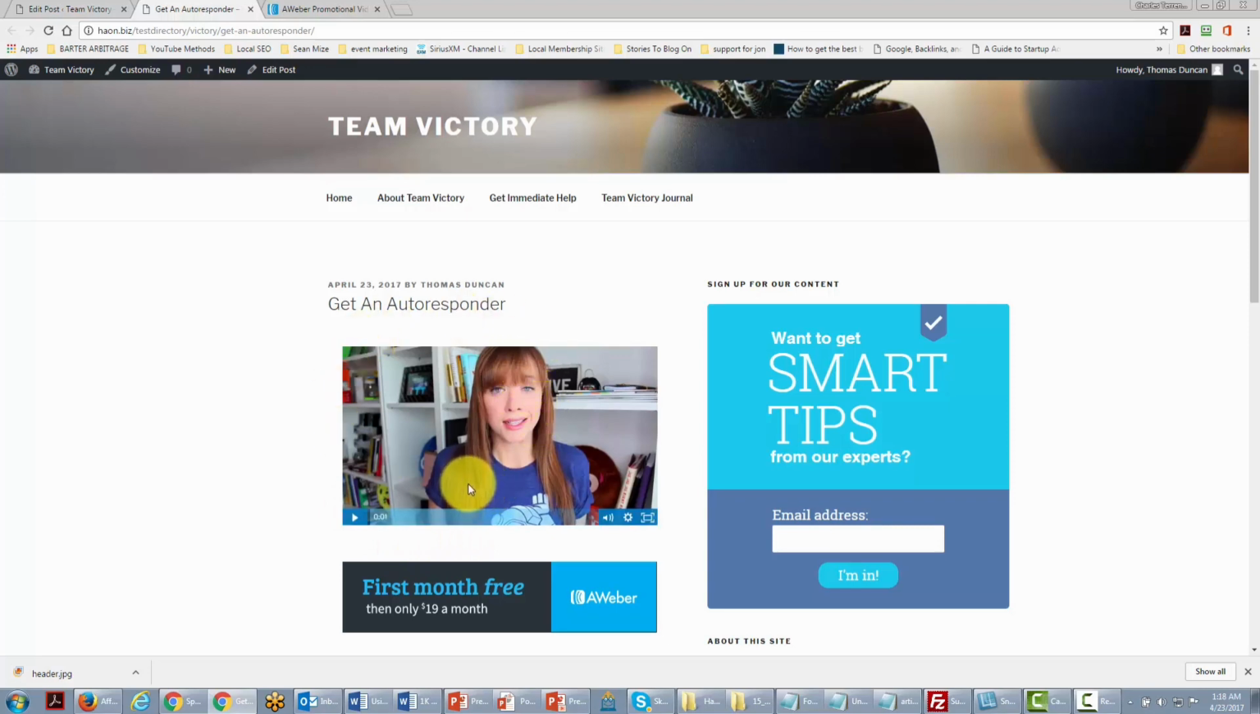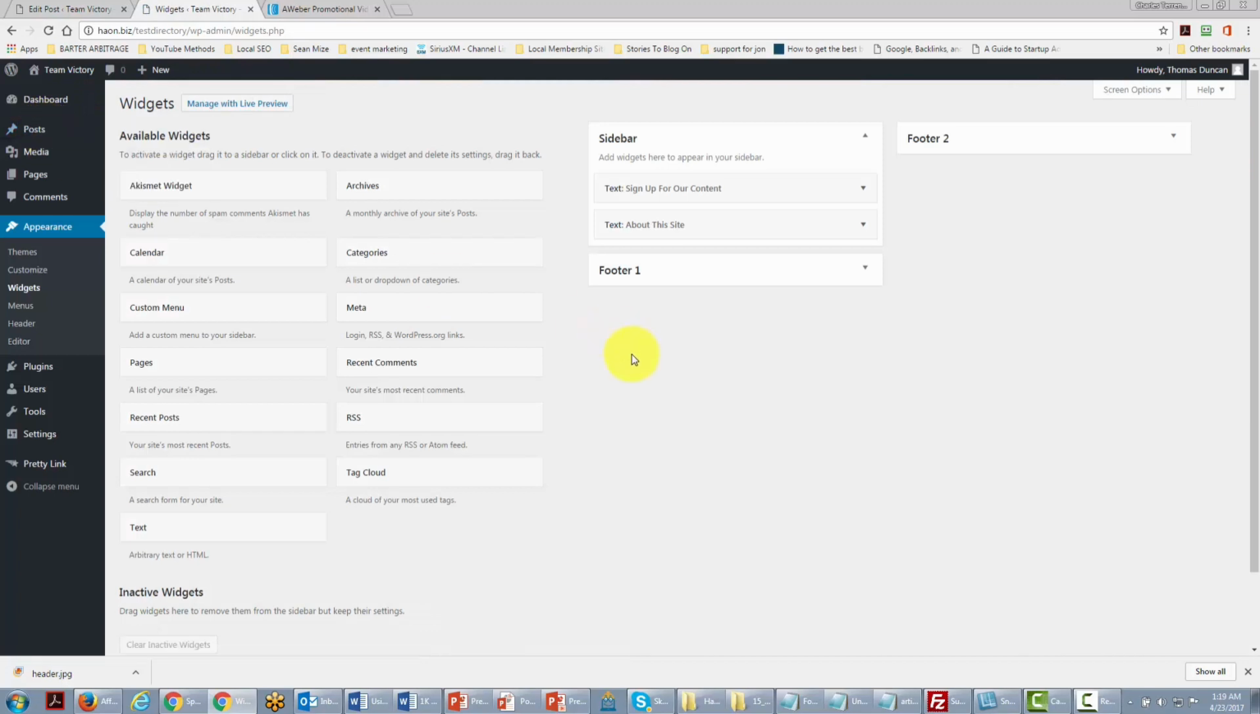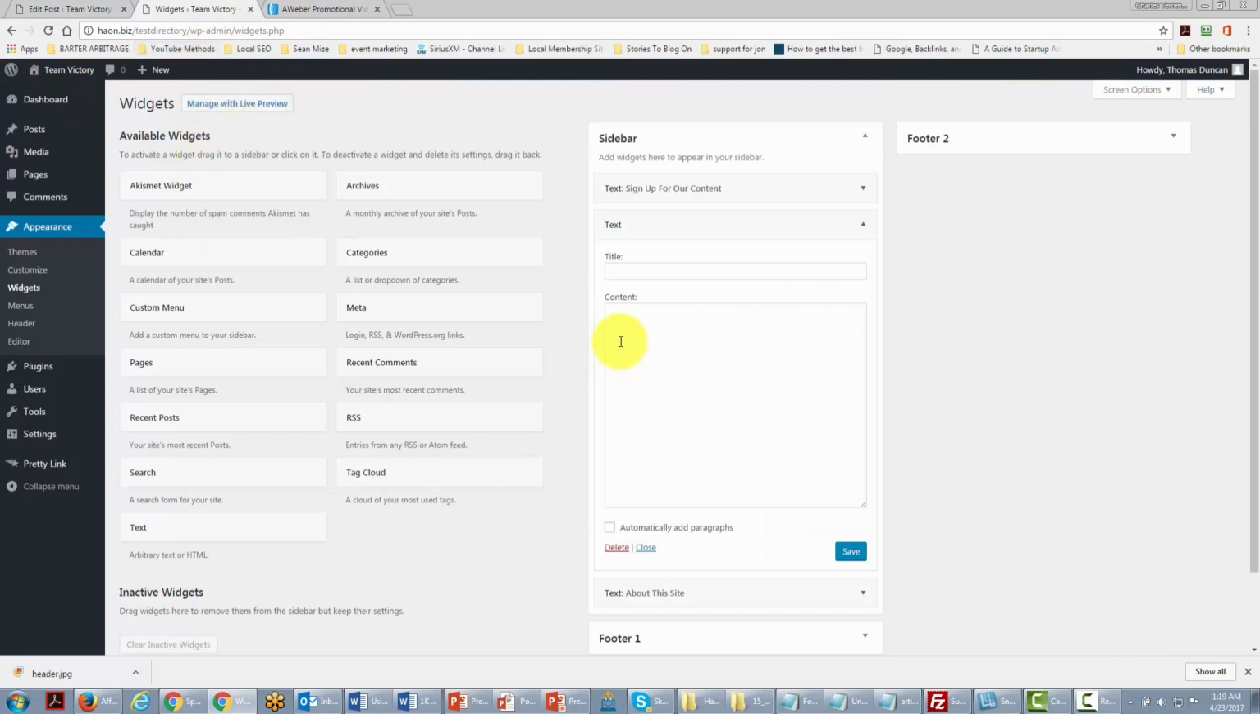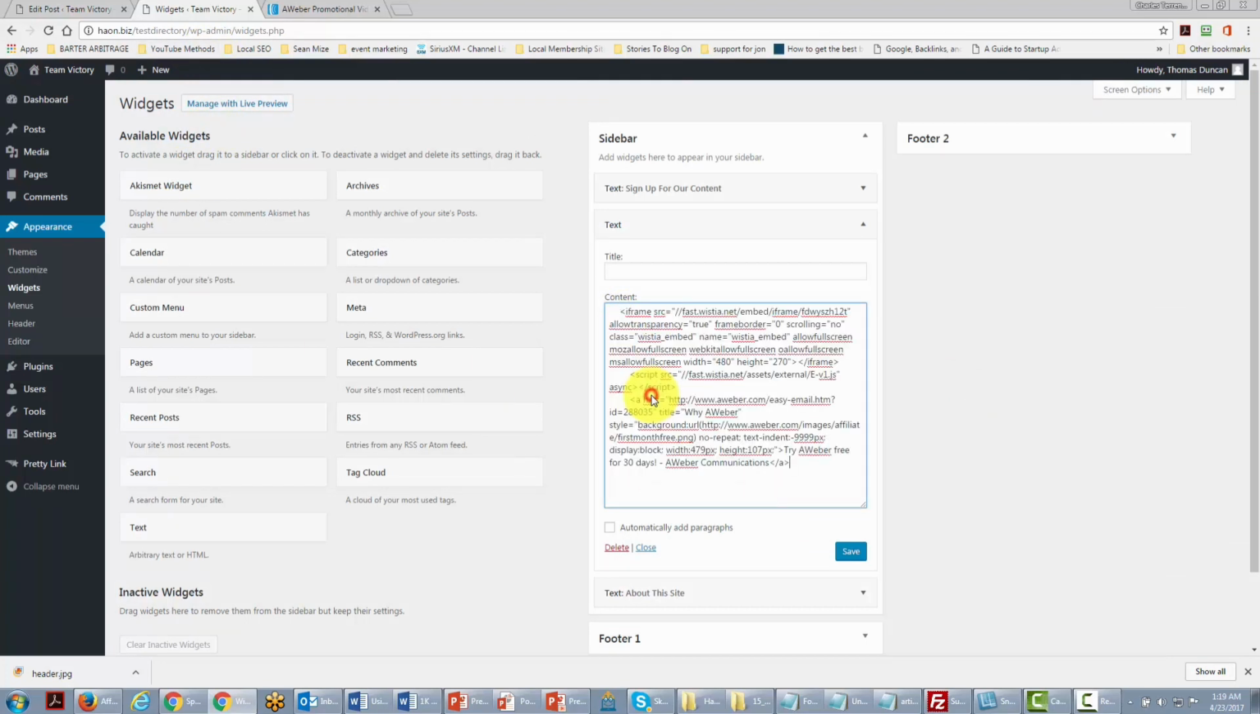Now, one of the other things that we can do is the very same thing that we did with our autoresponder code: we can put code in our widgets so that it will appear on all of our pages. So in order to do that, all we need to do is go back to this area and find our widgets. And then we can take another text box, and in that text box, all we've got to do is put our code in this area again. We'll click Save, Close,